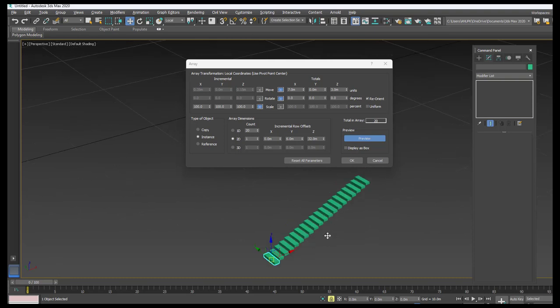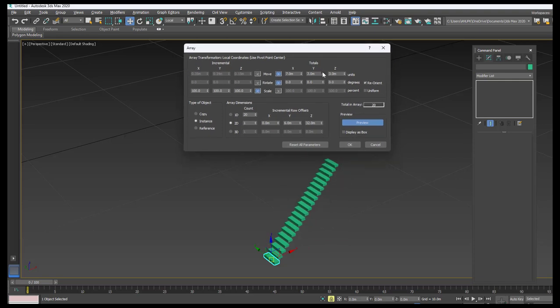Even if you want to change the axis, then you can change it. I had given the height along the Z direction because I want to copy along the Z direction. So in this way you can even change the direction in which you want to get the copy, along Y, along X, and the distance, how much distance you want to move, like this.